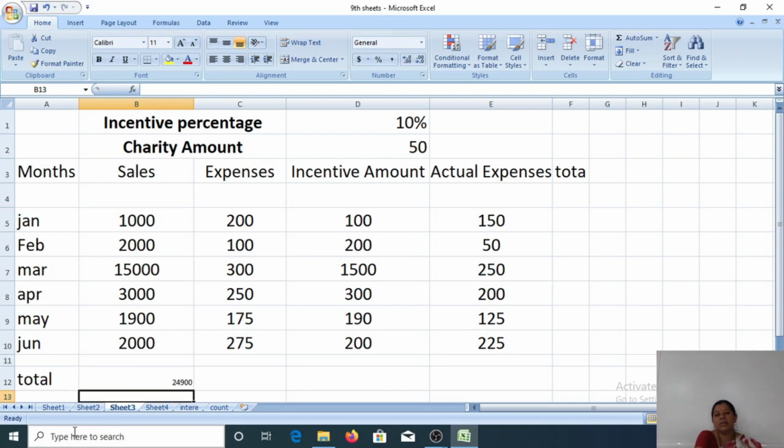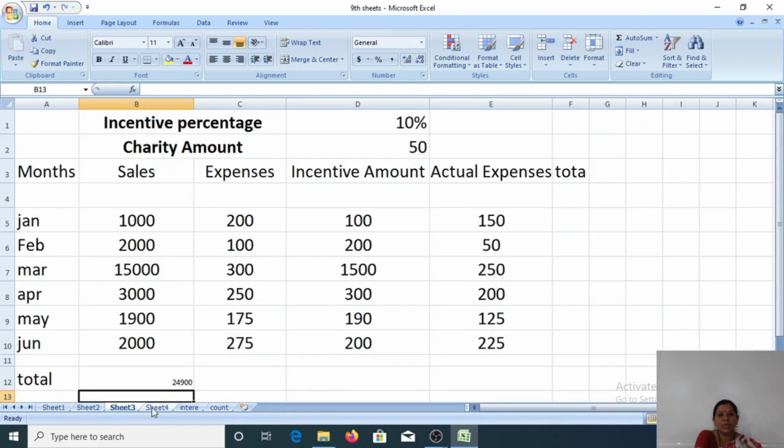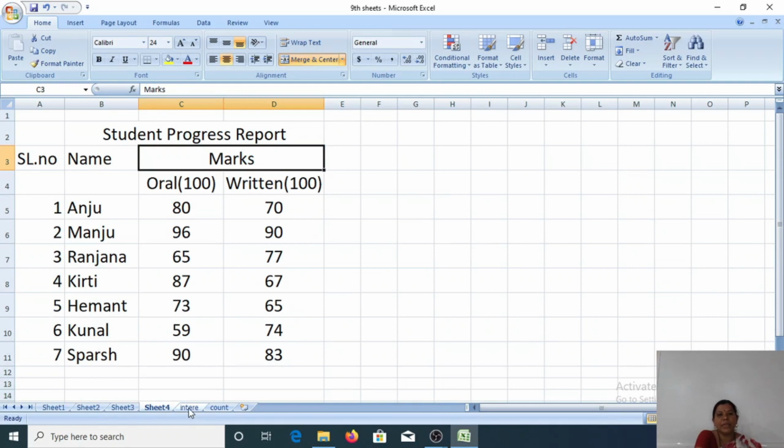Next, compound formulas. Compound formulas are formulas that use more than one operator. For example, now I want to calculate interest.